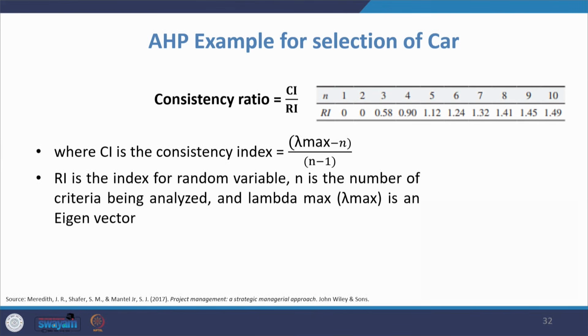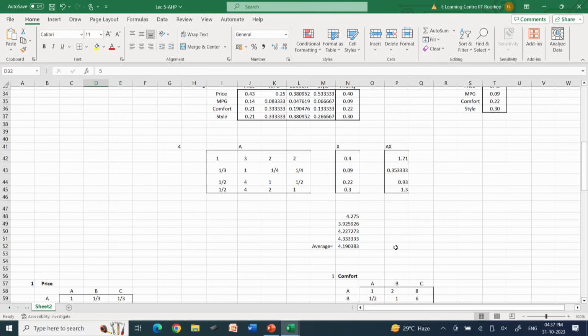N is the size of the matrix, here it is 4. We have to find the lambda max, so I am going to calculate it. Please look at this